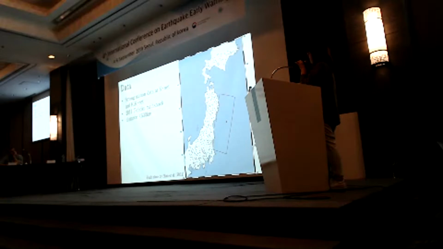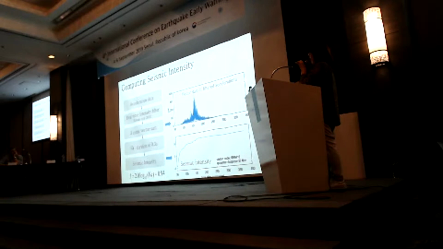So this is the method I use to compute the seismic intensity. So first of all, for the acceleration data, we use the filter which is designed for computing the seismic intensity in real time. And then we do the vector sum of the filtered acceleration like this figure, and then do the